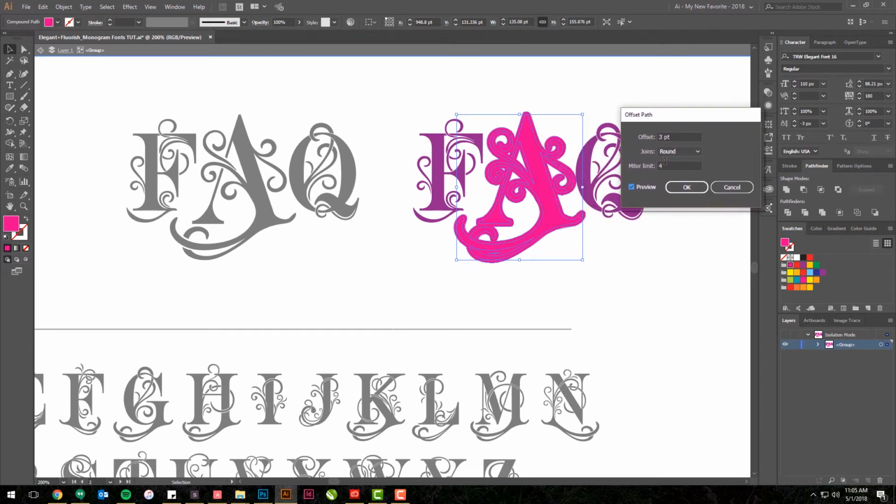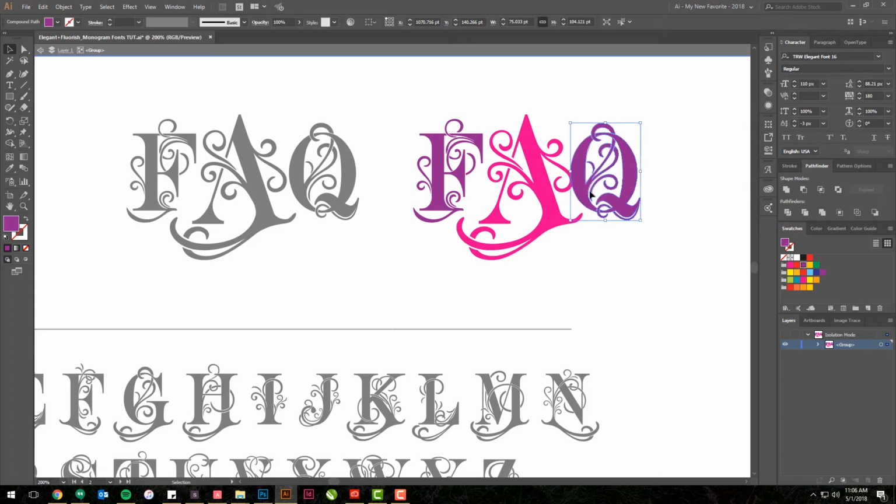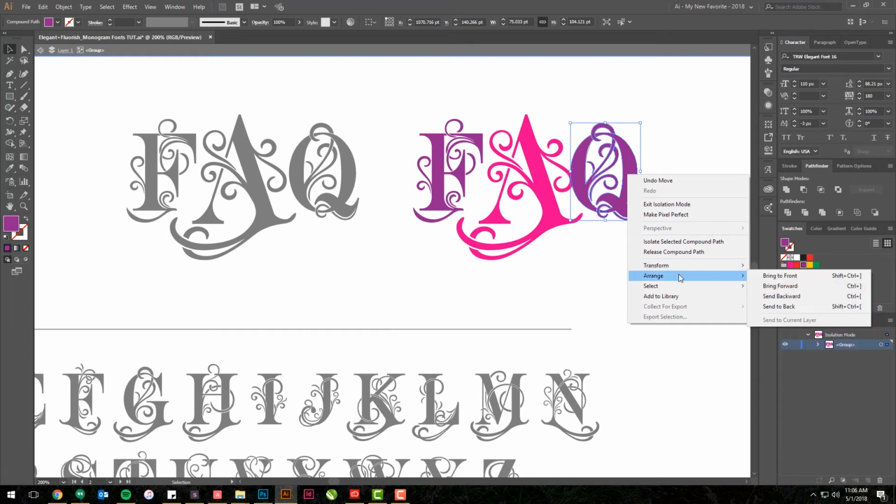that you can adjust right over here, depending on how big or how narrow you want it to be. So click OK. I'm going to type the letter I for the eyedropper tool, select the white as my background, and this will give us a good preview of what we want. I'm going to bring this in a little bit, right click, arrange, send to back,